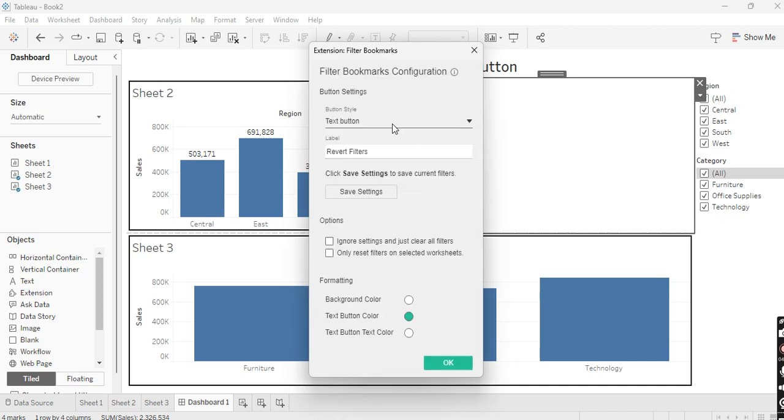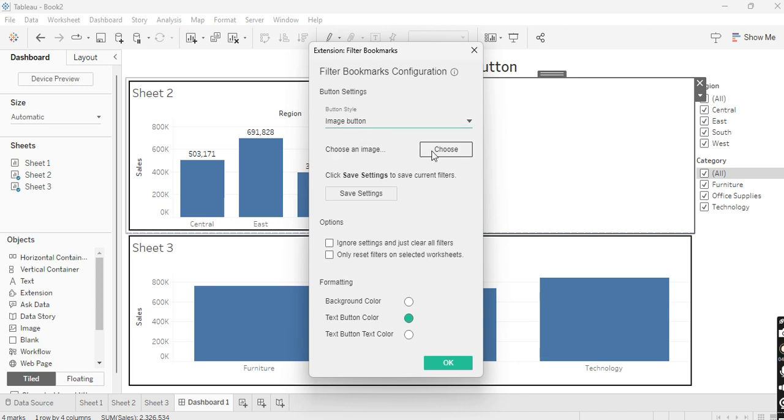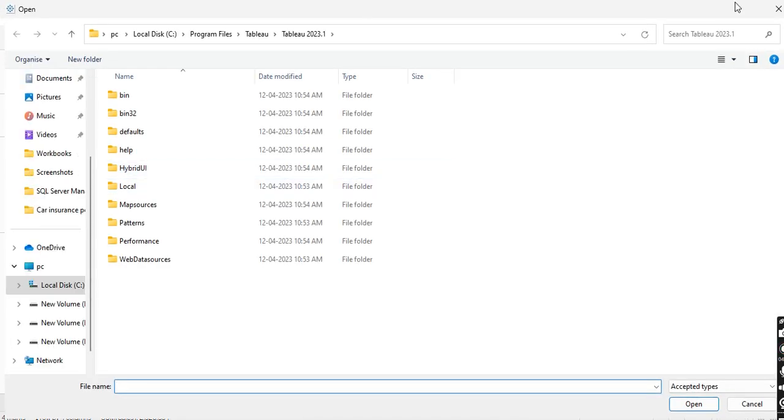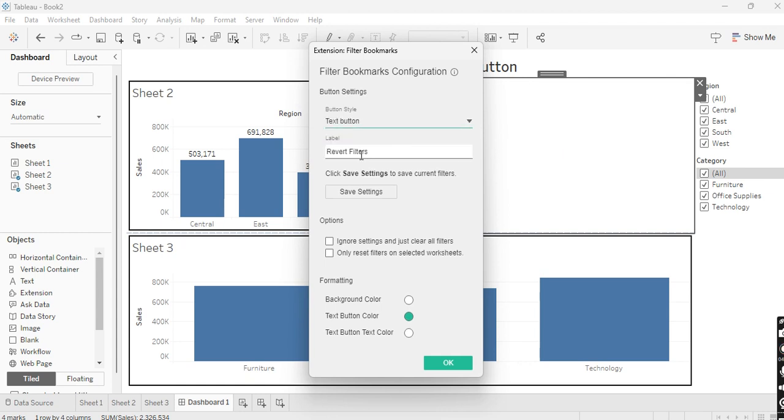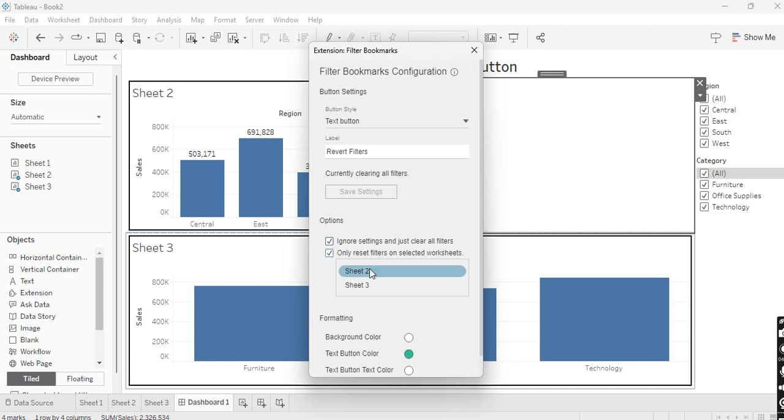Now I will take the button style as a text button. If you want to take any image, a reset button image, you can choose the image button and choose whatever image you want from your local PC. But still, I will take it as a text button. Revert filters, okay, and ignore settings and just clear filters. Only reset filters, and whichever sheets we want to reset the filters on, select those